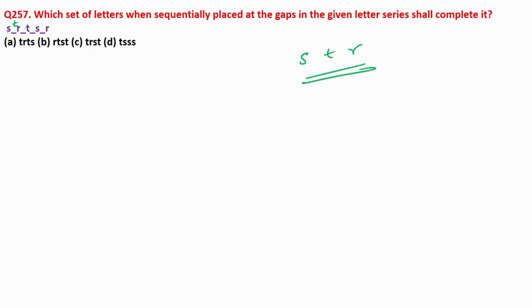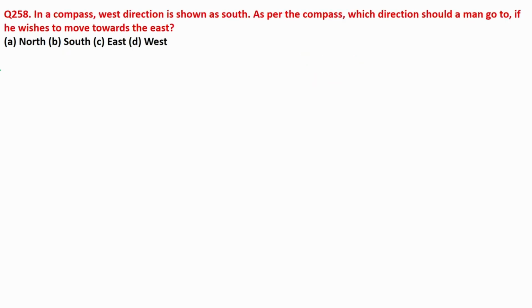S, T, R. Next one, maybe R, T, S. S, T, R. R, T, S, again S, T, R. So maybe we thought that TRST is one of the options. So TRST, we can see that option. You can choose that, or you can go for option verification and verify the options one by one. Otherwise, observe how many letters there are, then what the pattern is. Maybe you just go through trial and error. Next one. These are very basic questions. If you understand that particular theory part, then you can get your option, guys.